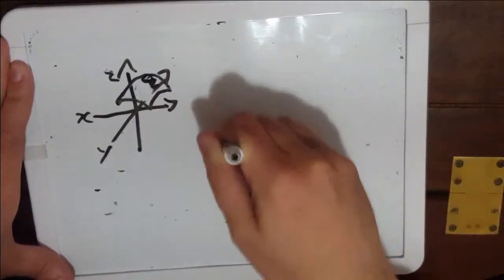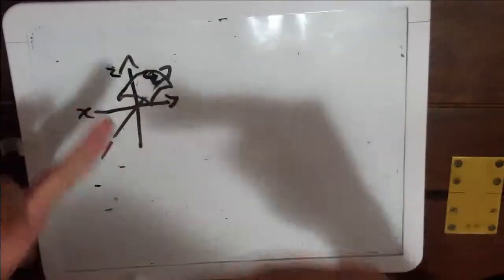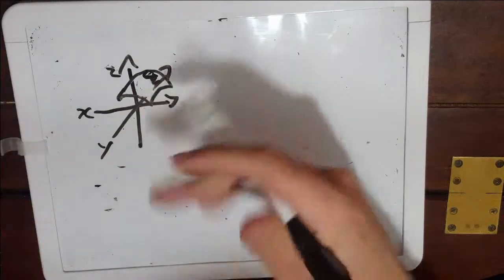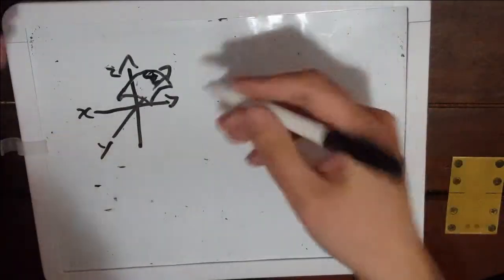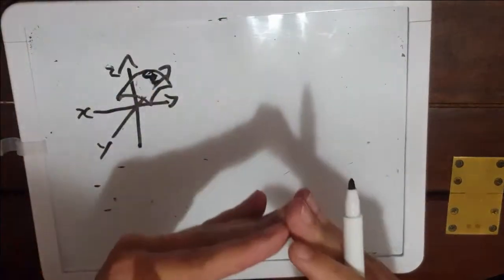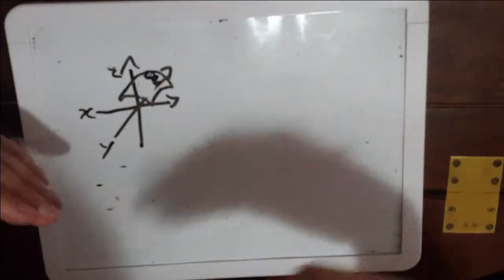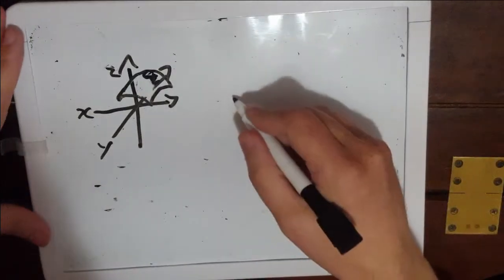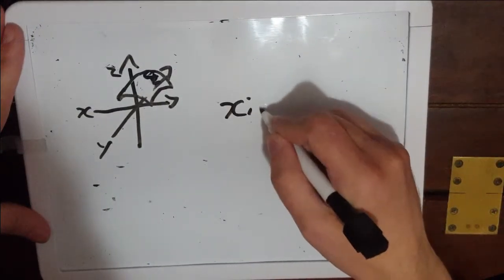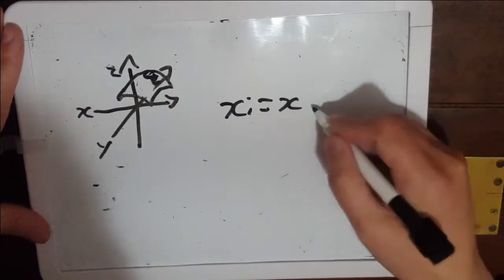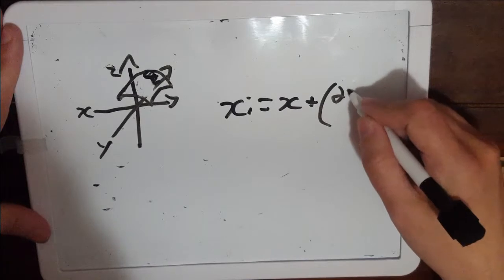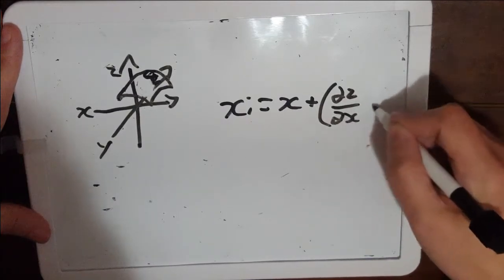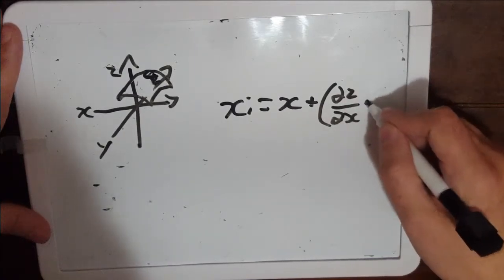Now, how this goes back to our neural network, well, we have our gradient. Remember our gradient descent algorithm? We have our gradient of greatest ascent, so what we do is we multiply by -1, and we get the gradient of greatest descent. And then we're just going to update our parameters that way. So if you want to think of it, we're going to assign x to be x plus the partial derivative of z with respect to x times our